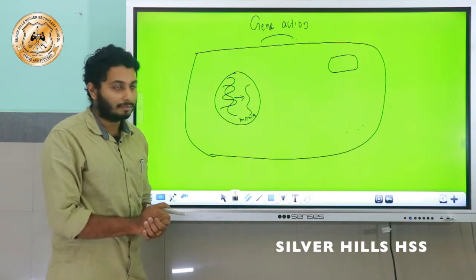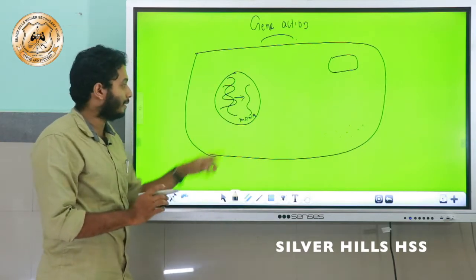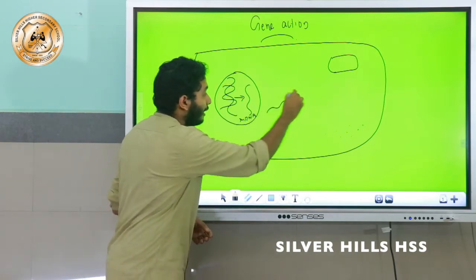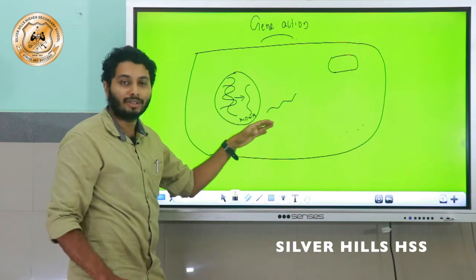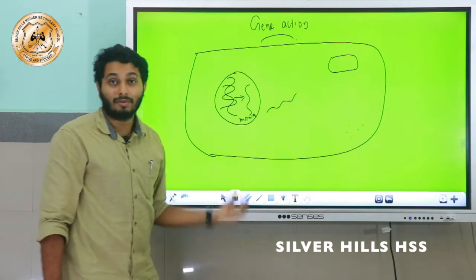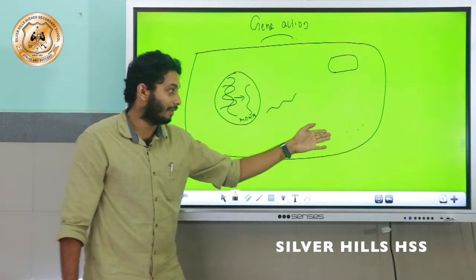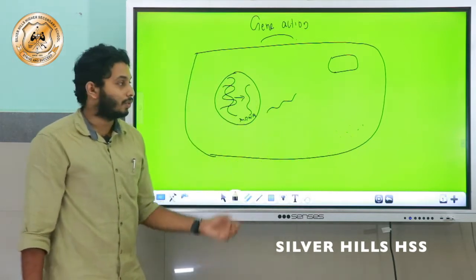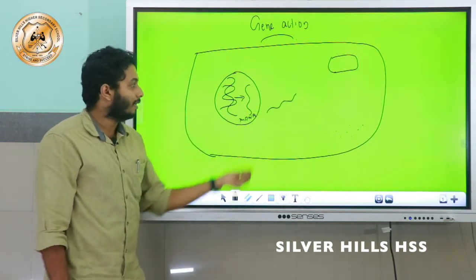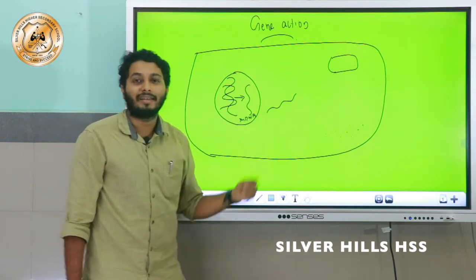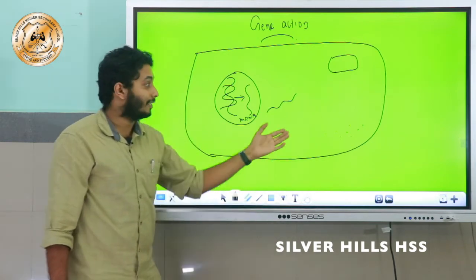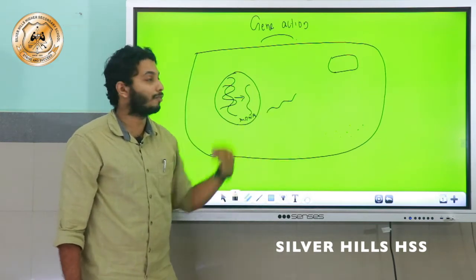This mRNA breaks the nuclear membrane, and this mRNA moves outside. I repeat, this mRNA carries information from the DNA, and the information is regarding the amino acids which are used for protein synthesis. We already know that 20 amino acids are there inside the cell which are used for protein synthesis, and protein synthesis takes place in the cell organelle ribosome. This messenger RNA carries the information about which of the amino acids in the cytoplasm are participating in the process of protein synthesis.